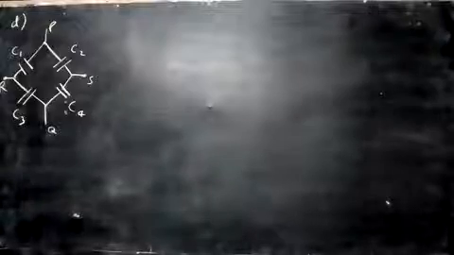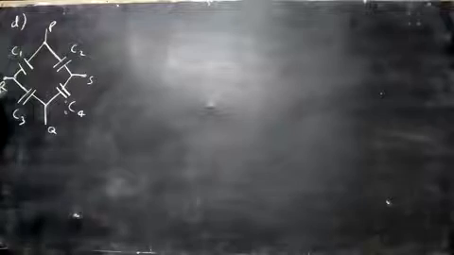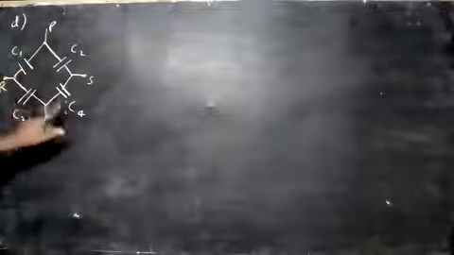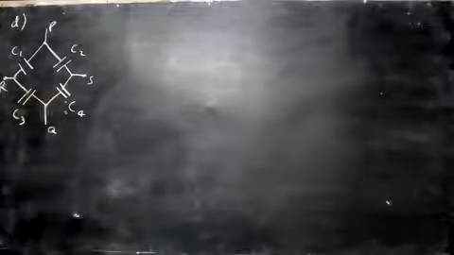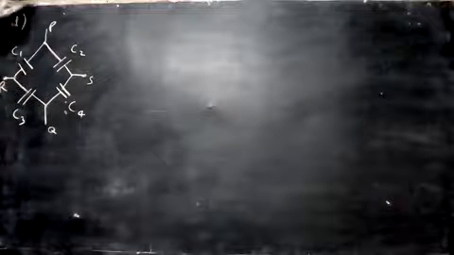Now let us go to the 11th sum, part D. Okay, let's see the sum here. This is simple. C1, C2, C3 and C4 are arranged like this. You have to find the total or effective capacitance. So this diagram is like that, you know. What I do is we can just draw the diagram a different way.